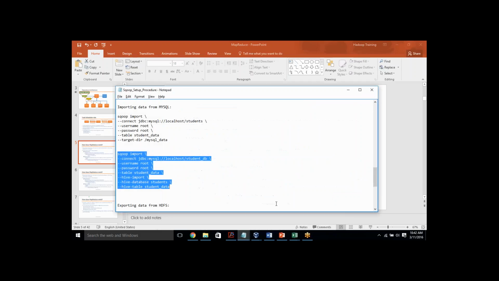Just a small point. Yesterday I was talking about Hive and Sqoop, right? Can you try yourself importing the data to the Hive table? You should use parameters like this. Yesterday I showed it to somebody else, so